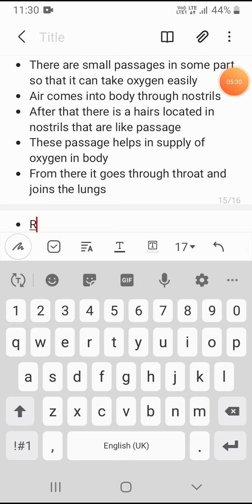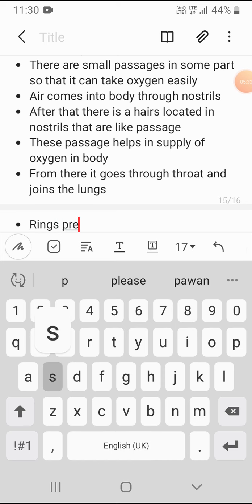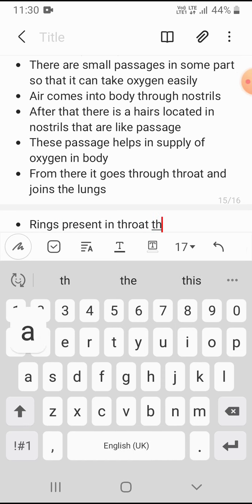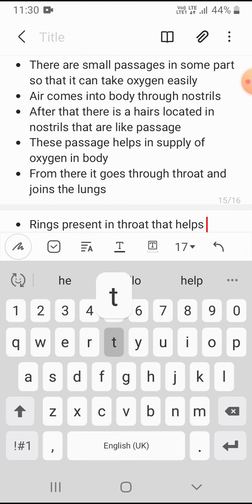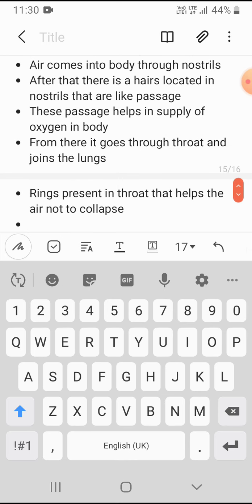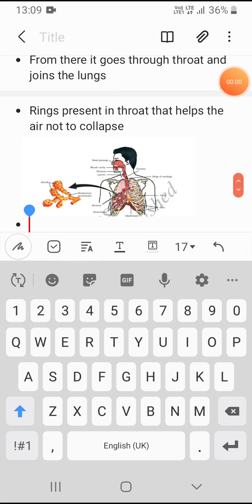There are rings present in the throat that help the air not to collapse or vanish. It protects the air to go safely to the lungs. In the photo of respiration here you can see the nostril,